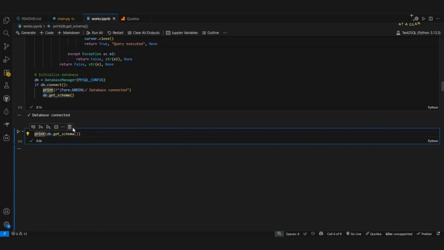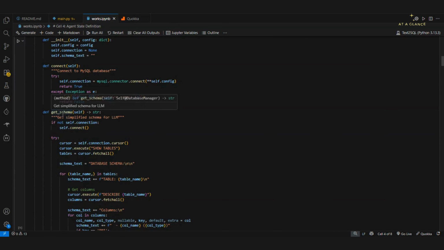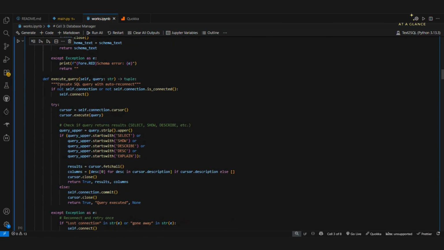Now I hope you understand this particular function, the usage of get schema. Next, we have the execute query function, which is the most important one, because whenever your SQL gets generated from the previous stage by the LLM, whatever SQL query comes out, we will have to execute that query to fetch the results from the database. Now, the SQL query is obviously not executed in the Python code, right? We'll have to connect to our database,